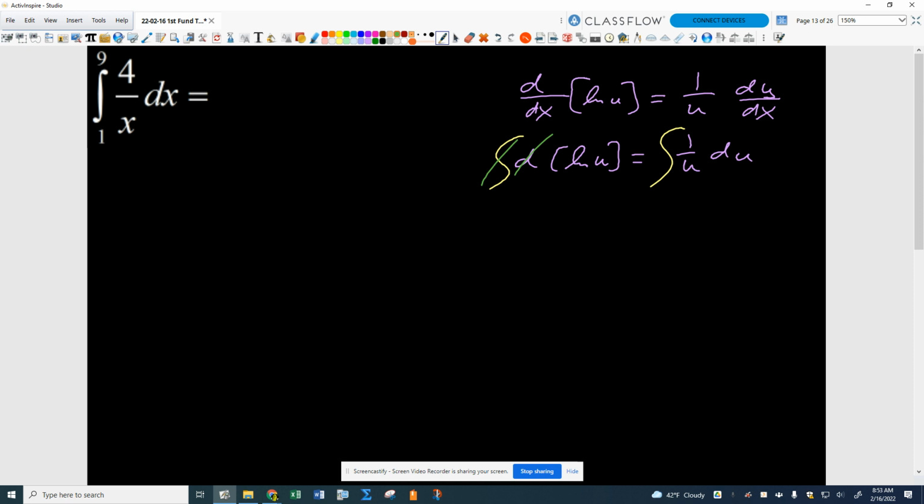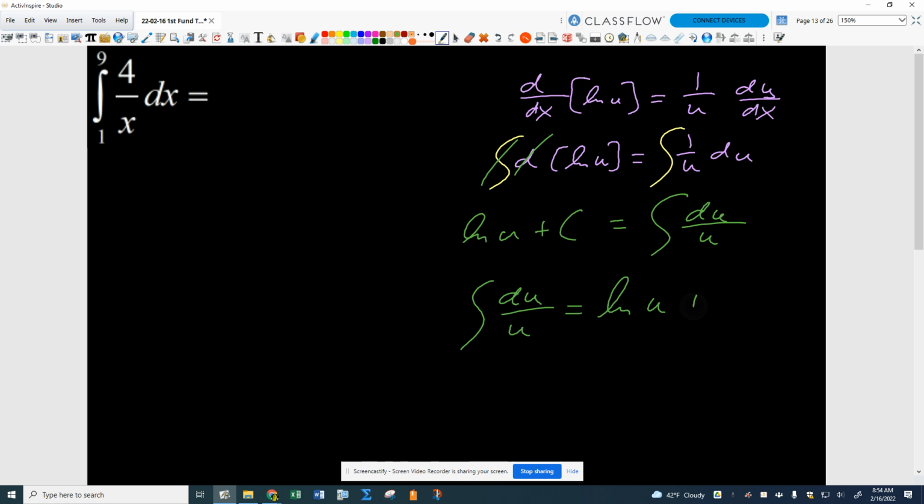So we end up with log of absolute value of u plus c is equal to the antiderivative of du over u, or 1 over u du. We'll just call it du over u. Flip that around, and there's our antiderivative. Okay? So we end up with the antiderivative of du over u equals log u plus c. Now we attach absolute value bars to the u there